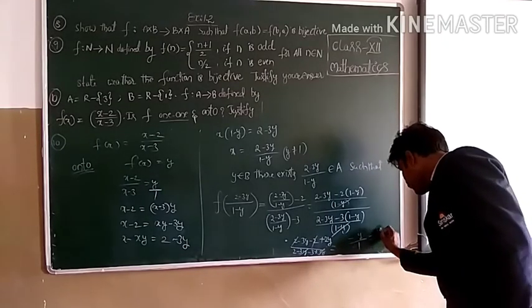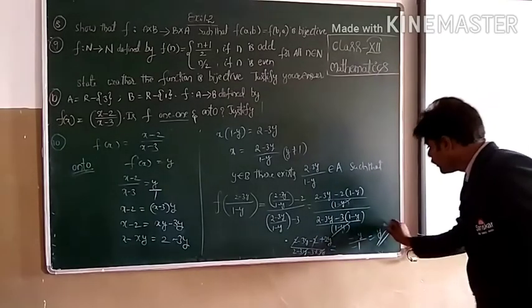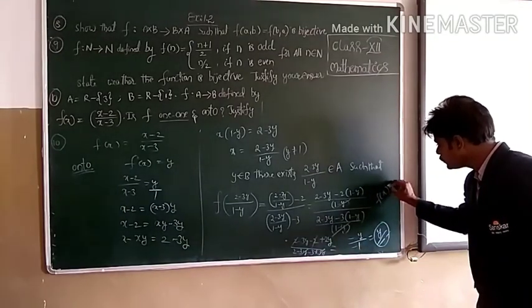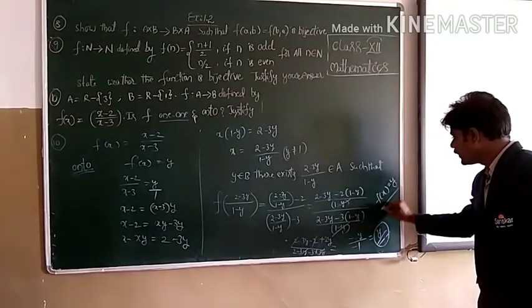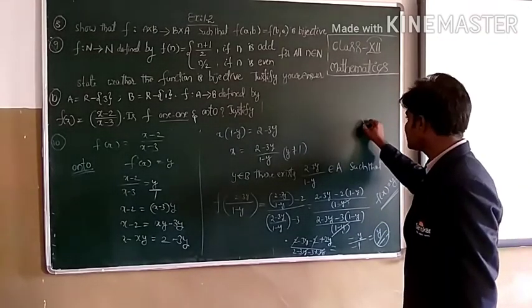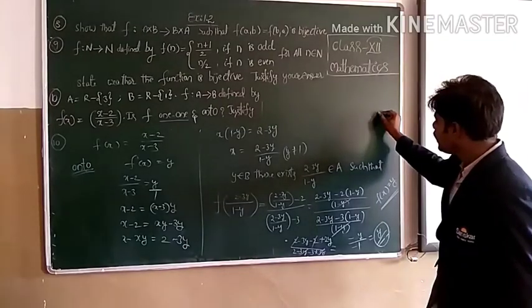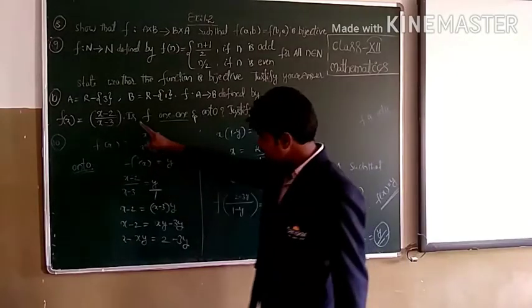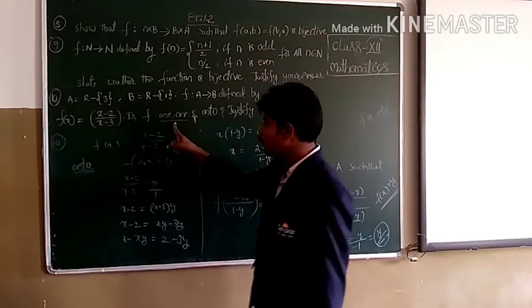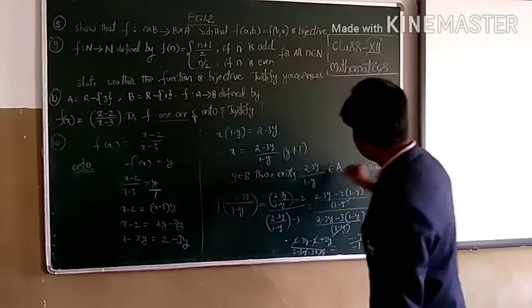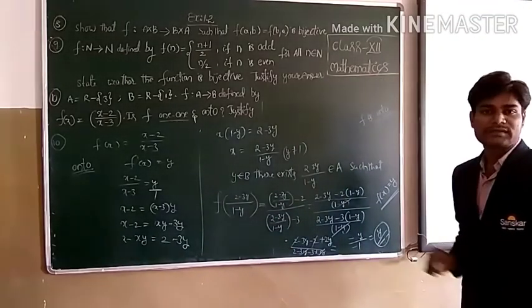So finally y only. Therefore we can conclude that we get finally f of x is equals to y. Right? f of x is equals to y. Then we can say that f is onto function. Right? The question is just check the given function f is 1-1 or not and onto function. So f is 1-1 function and also f is a onto function.